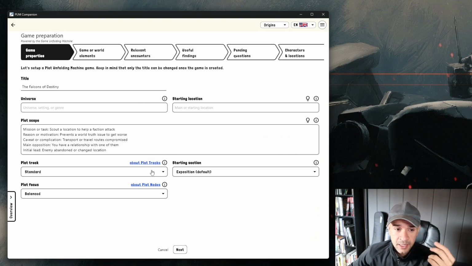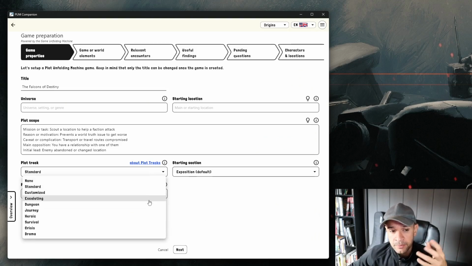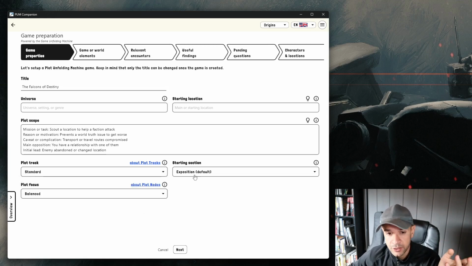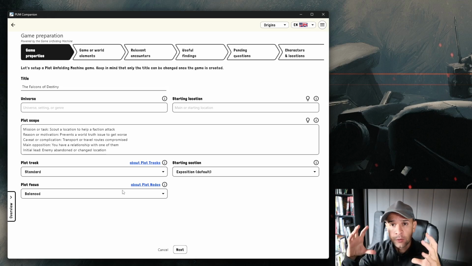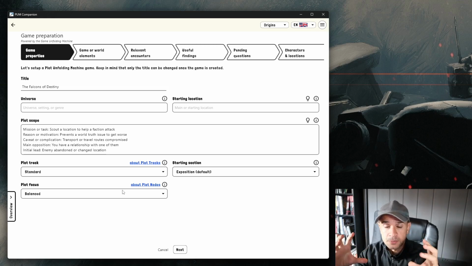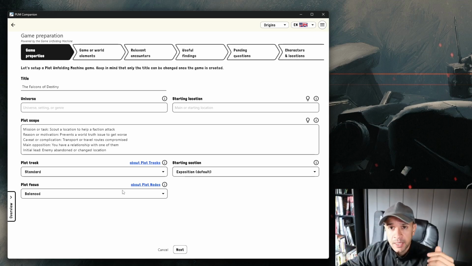And then, once you say, okay, my game is kind of going in this direction, you actually get to choose what is the plot focus. This is not really determined in the PDF, in the Plot Unfolding Machine books, because each sheet, if you remember the PDF, has a plot track and already a table for random prompt and modified proposals. And different sheets have different combinations, but they are fixed in one. In the app, you can choose your own combination of a plot track, which is what we showed, and